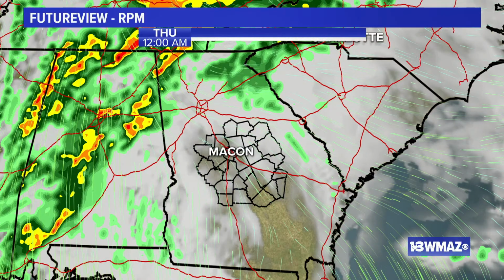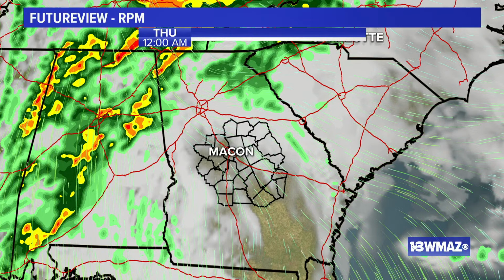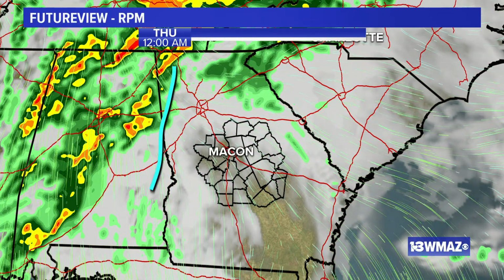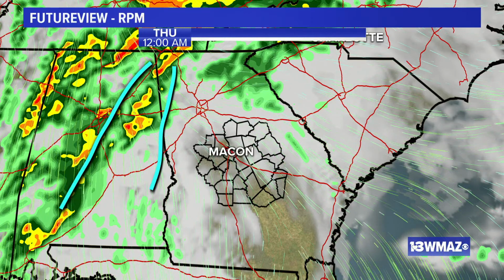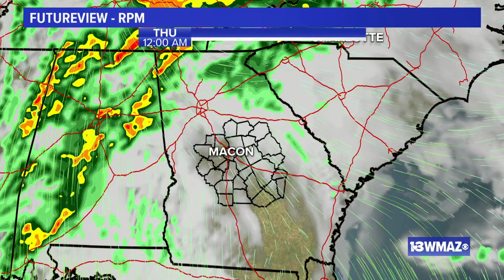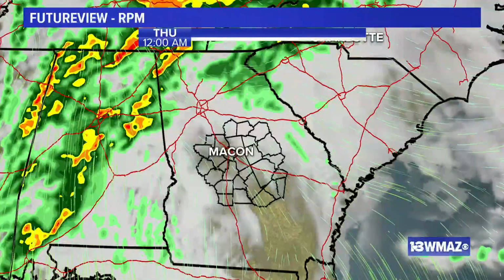All right, initialization is off again. Timing's off. How do we know that? Because the line of storms is right here, and this has everything at this time right back here. So it's already way off. So as we go forward,